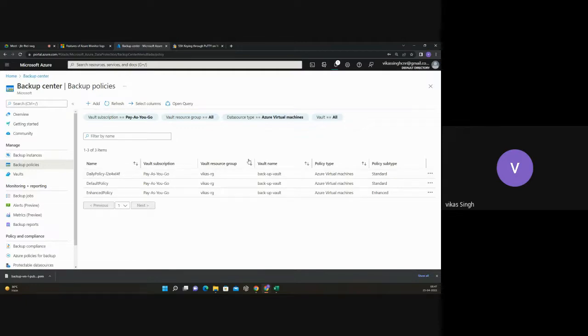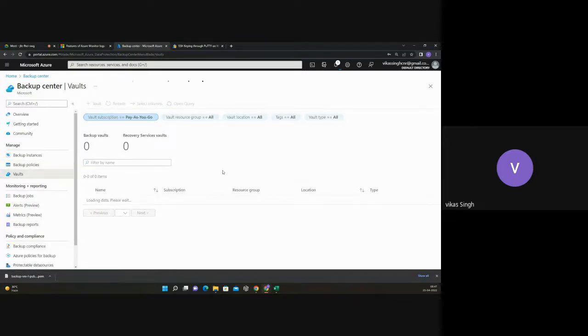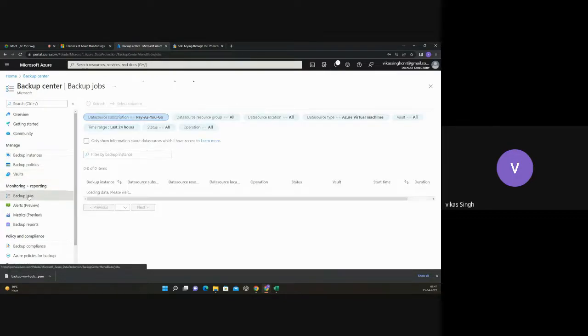Policy is nothing but when to backup and for how many days you have to keep it. That's it. Vault is where you wanted to store your backup things. So that is your service recovery vault. Backup job is,